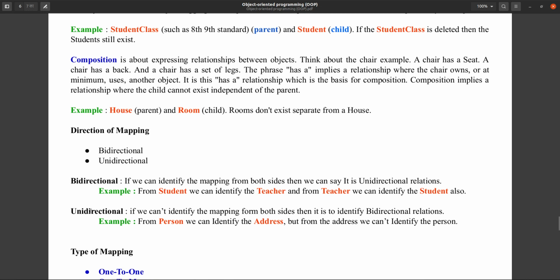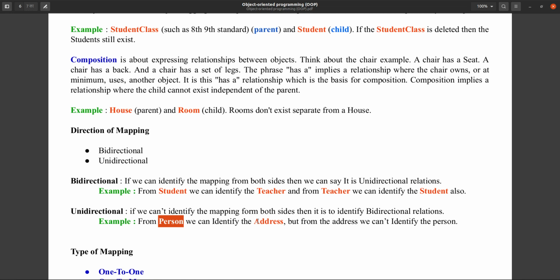But in unidirectional, one side relationship will be there. How? Suppose from the person you can get the address, but from the address you cannot get the person, because at one address there may be 2-3 persons living, or maybe more.